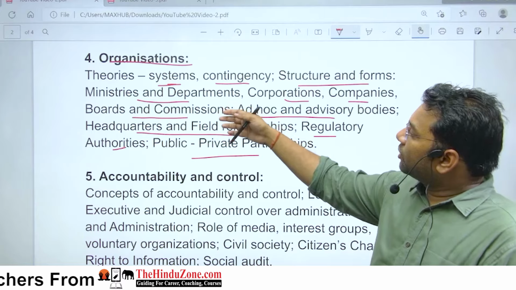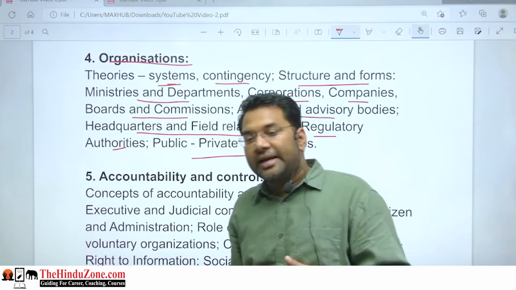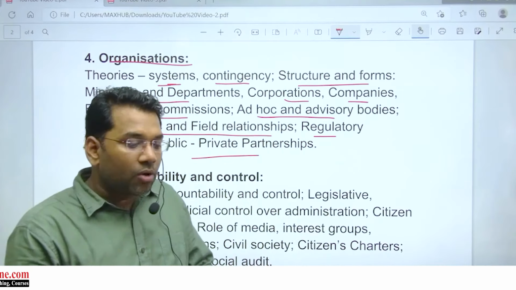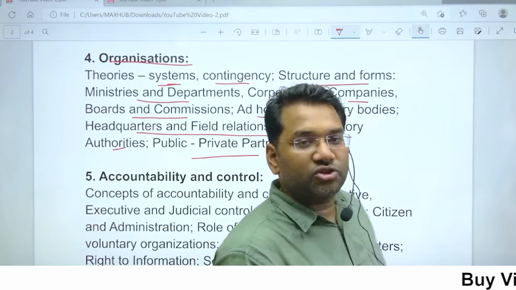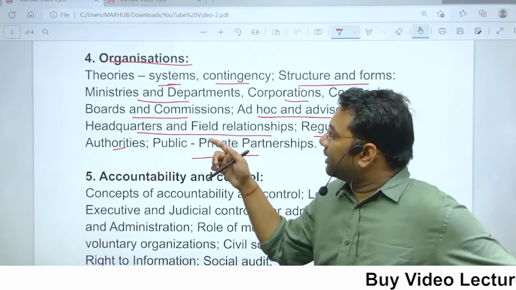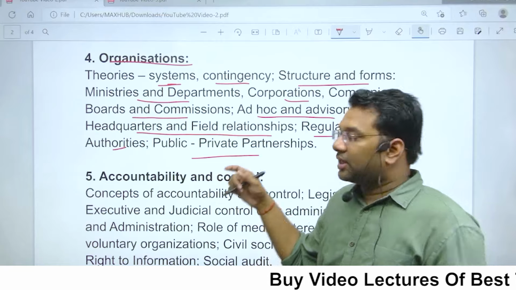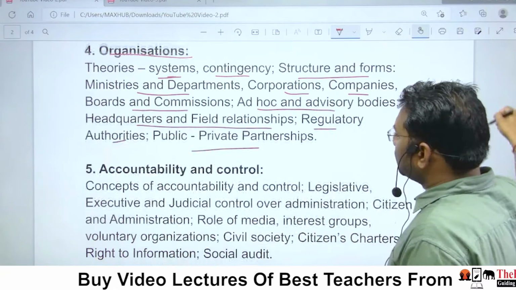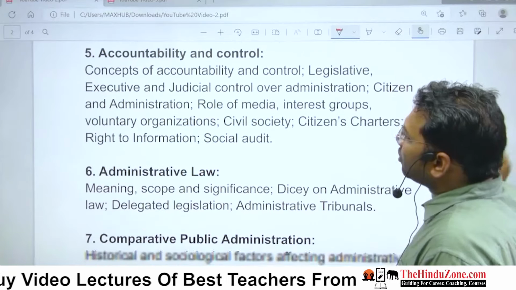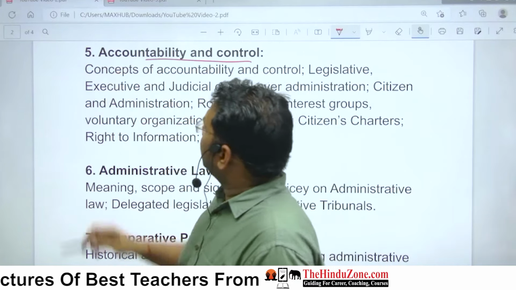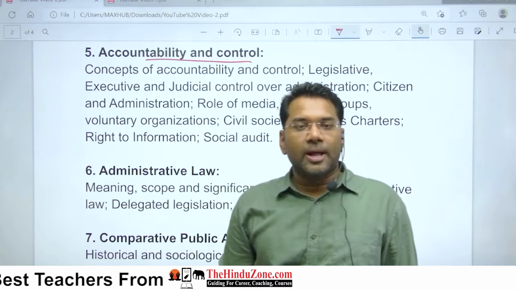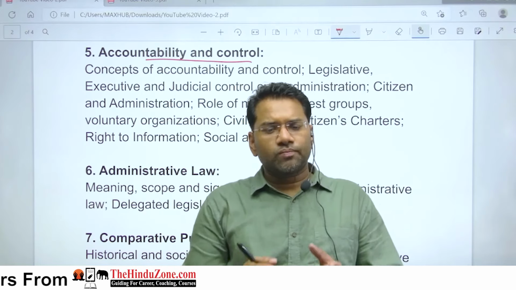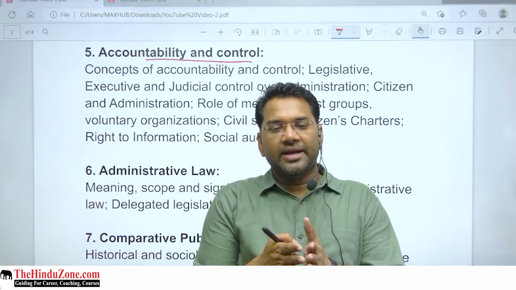उसके बाद, we will understand what kind of interactions are taking place, how they are performing, how they are dealing with their particular organization. वो कैसे function करते हैं, we will be understanding that. After that, we will be talking about the accountability and control. Accountability and control में क्या होगा? Like we will be understanding this